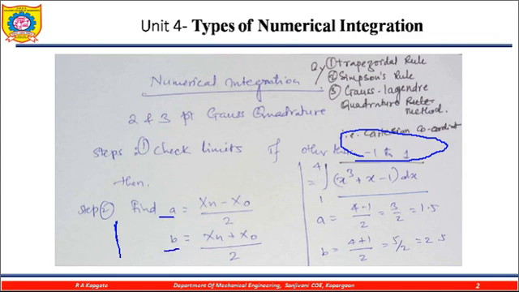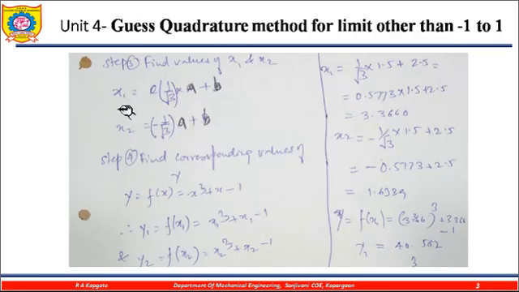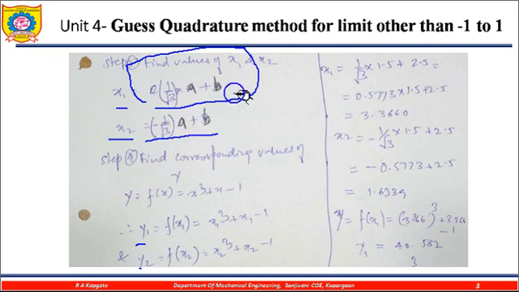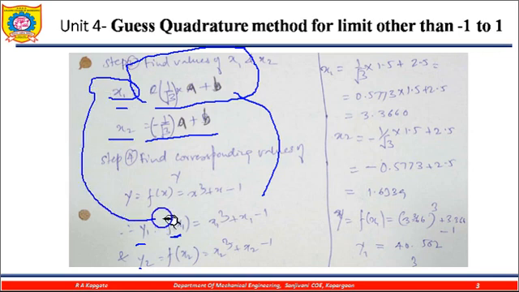First of all, find the a and b. Then once we have found the a and b, find the values of x1 and x2. Once we have found x1 and x2, then find the values of y1 and y2. This is the very important formula. Keep in mind, here the plus, here the value of minus. Once these values are calculated, put the values of x into x cube plus x minus 1. So put the value of this x1 into this equation, and x2 for finding the y2.